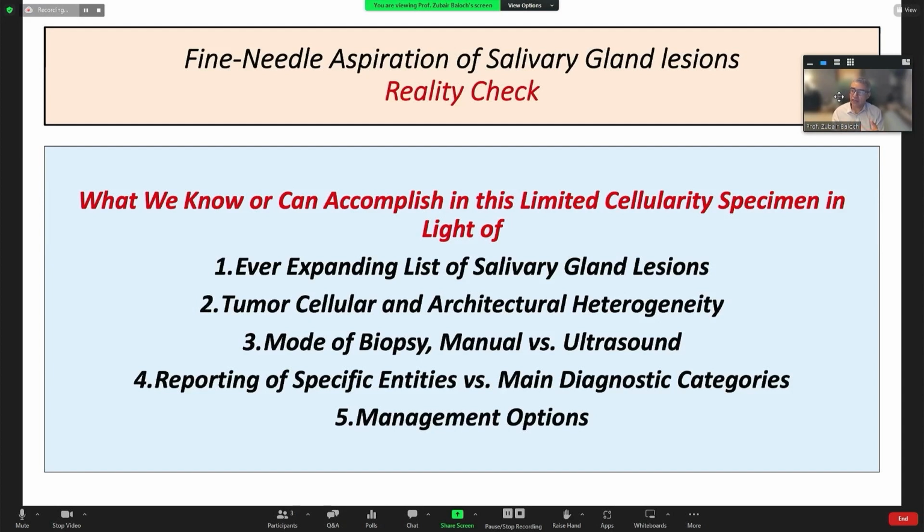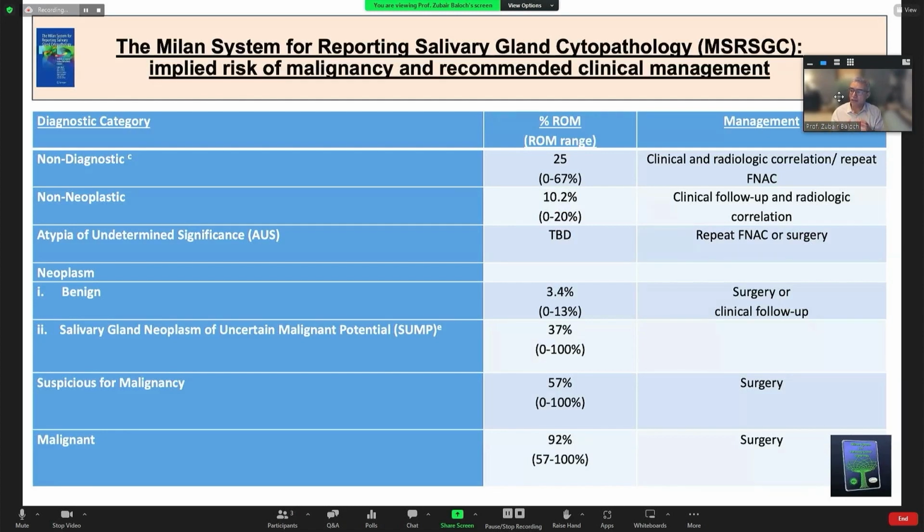But you also have to understand that cytology is very good at diagnosing the most common tumors that we see, such as pleomorphic adenomas or Warthin tumors. And it also provides management options. One of the most important things is that when a patient has another cancer, they get screened a lot. During this screening, salivary gland tumors and thyroid tumors, head and neck tumors, found incidentally, really show up on these screening techniques. That's why we are seeing more and more of these specimens. At least I see a lot of these, and I'm sure Momin and Sayed see these a lot in their practice, and you also. Because of this heterogeneity, the Milan system came into view,